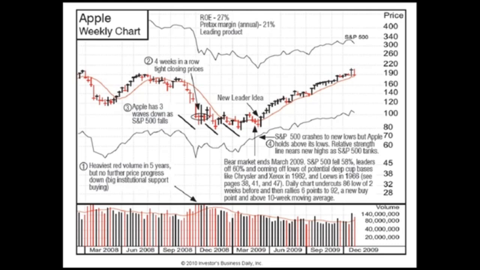Now let's look at, in other words, this is a bottom rounding out part of what is to become a cup with a handle. So you're coming down on the left-hand side, and the first thing that we want to note is we've circled there were 5 weeks in a row when you got way down and you'd undercut a prior low where you closed unchanged, and this was on some significant volume. So this is what we call heavy volume without further progress on the way down. That is showing institutional buying and support of the stock in those particular weeks.